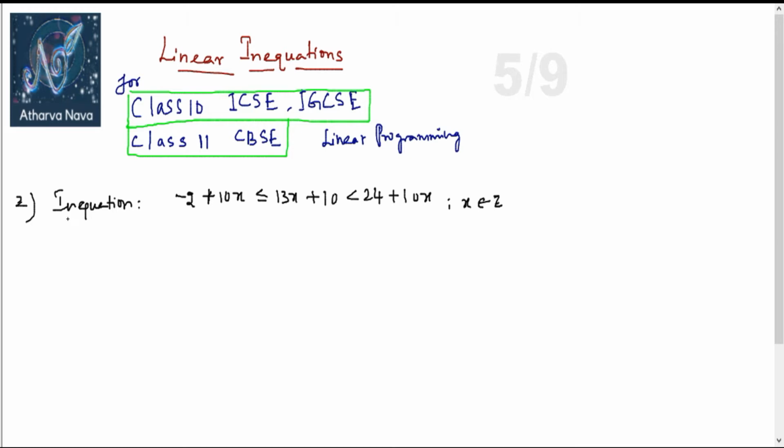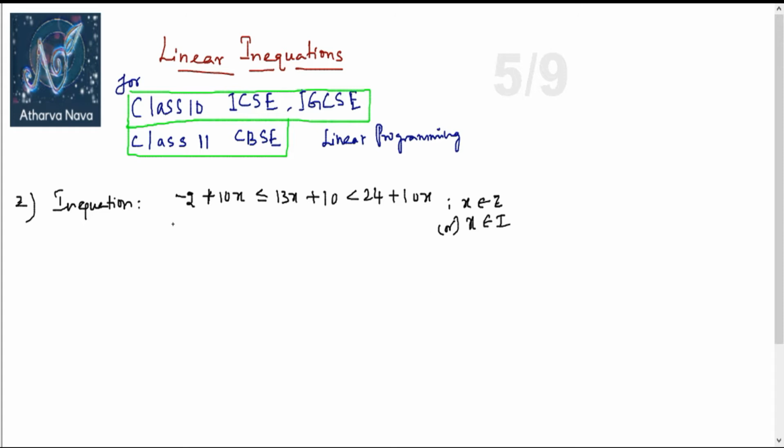We have the second question. Previously, we have seen some questions based on linear inequations, and I have also mentioned basics and some more rules to be followed while solving the linear inequations. And here is the second question, which says your inequation is given as so, and then x belongs to Z. Z stands for integers, so x belongs to integers. Z stands for Zahlen. Zahlen represents integers only.